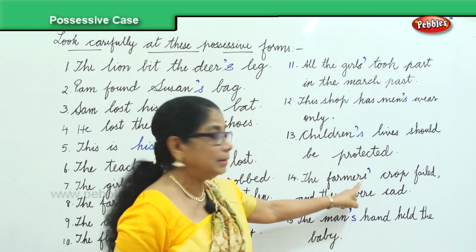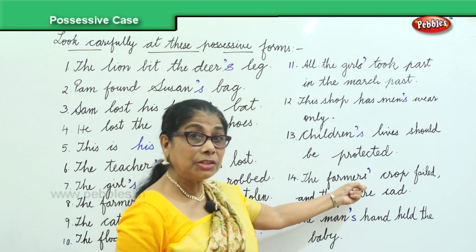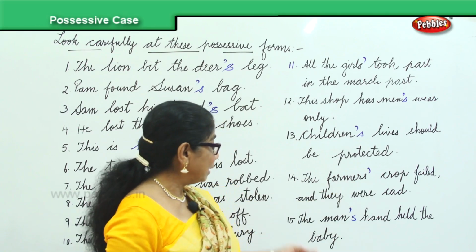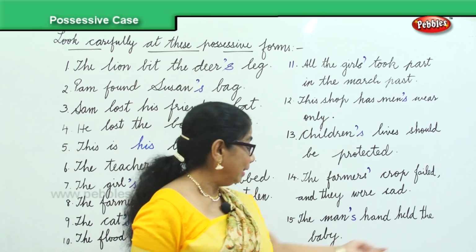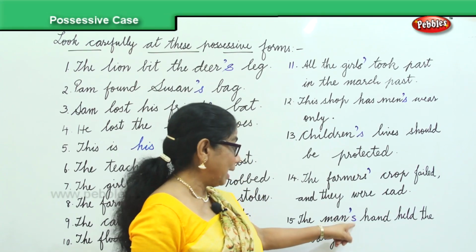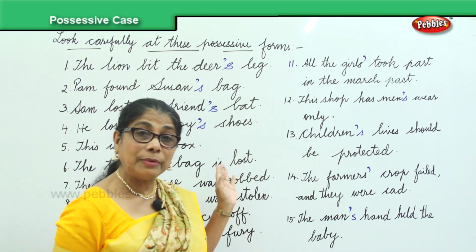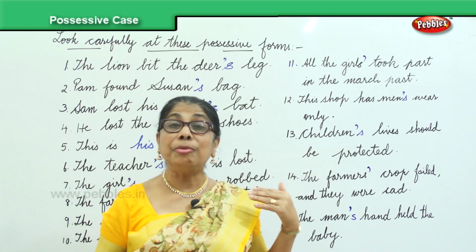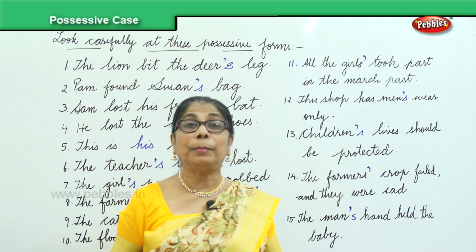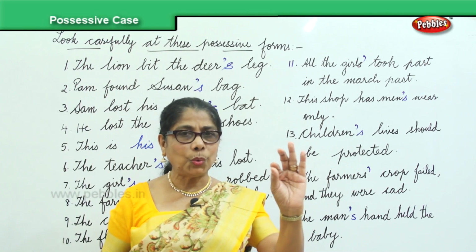The farmers' crop failed and they were sad. And finally, the man's hand held the baby. So, having looked at all the possessive form sentences, I'm sure we can remember the possessive form. As I said, practice. When you write a sentence, you should know where we put the